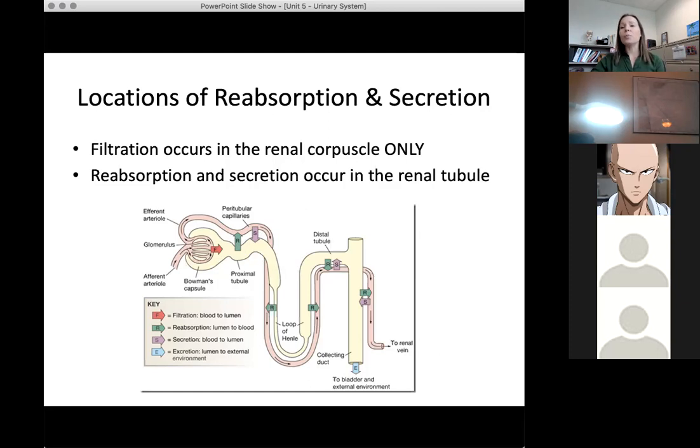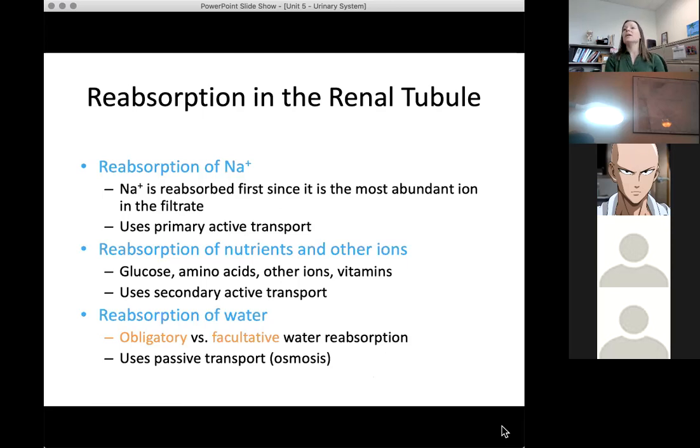There is what's called a transport maximum for just about every single substance that gets reabsorbed within the kidneys. And there's a description here that I'll have you fill in the space in your outline. The transport maximum is a measure of the maximum amount